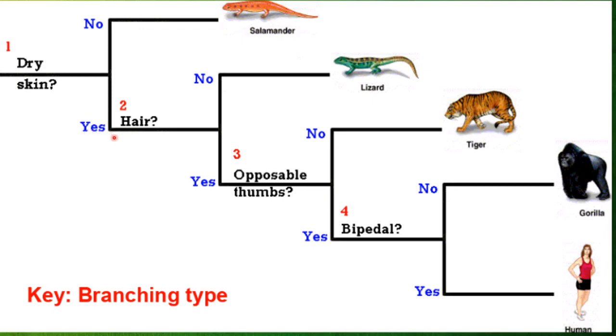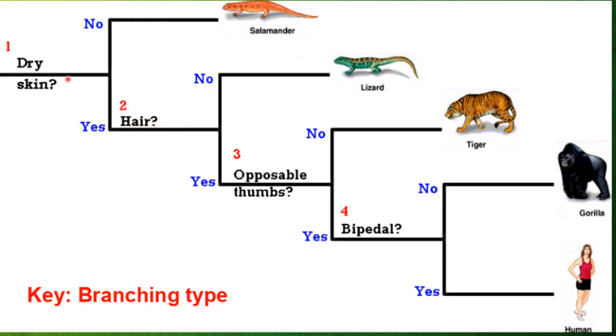And what is that other lead? If the organism has dry skin, then the next lead will be presence of hair. So hair is another lead. There can be presence of hair or absence of hair. So you can say yes, hairs are present, or no, hairs are not present. These yes and no are another couplet, and this here is another lead.